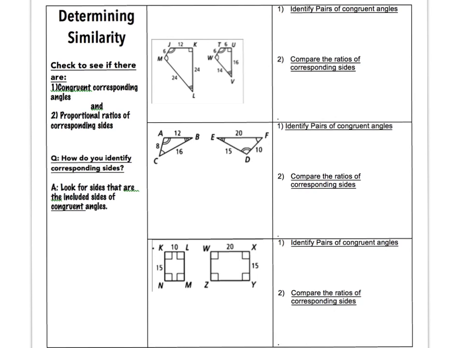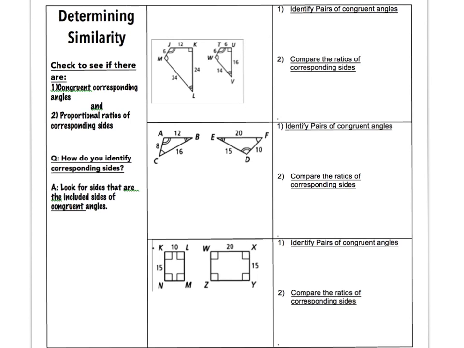For number 1, we have two shapes that look like kites, but who knows? Actually, they can't be because their opposite angles aren't the same. So we need to figure out, are they similar? It's easy to match their corresponding angles as being congruent because they're marked as such. So I can say here that